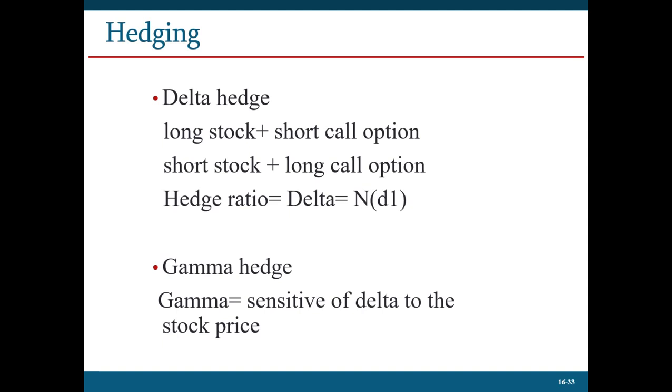In order to make this portfolio dynamically hedged, we need to constantly maintain its hedge ratio. As we know, this hedge ratio equals the so-called delta, or N(d1), in the call option pricing model, and N(d1) is a probability measure. The problem with this hedge ratio is that it changes all the time. It's a dynamic term. So you can calculate the hedge ratio at the very beginning and build a portfolio. In this case, we are building a delta hedge portfolio. However, this hedge ratio changes dynamically.